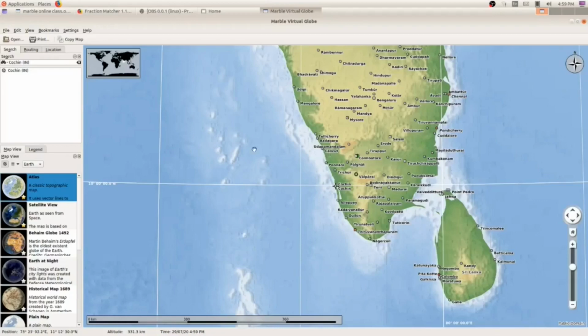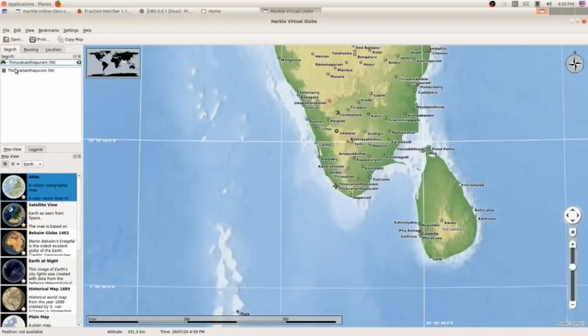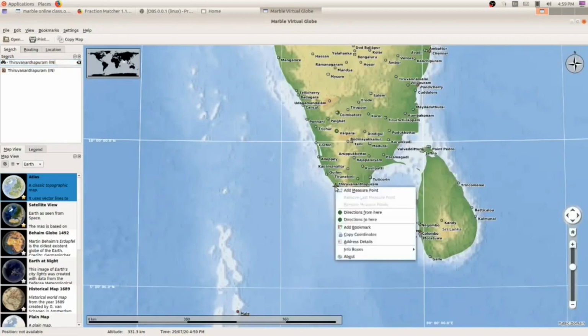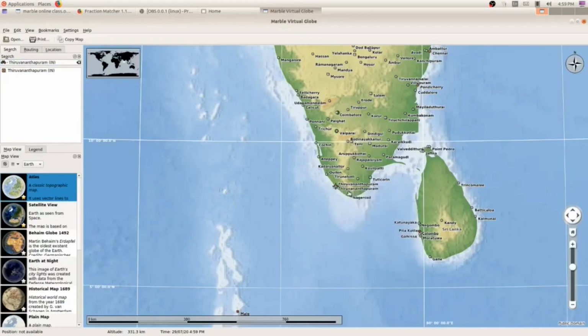In the search box I am going to type the first place, Thiruvananthapuram. It is already showing here. Click on that and press the enter key. Now you can see a white cross mark in Thiruvananthapuram. Right click on this point and select add measure point.